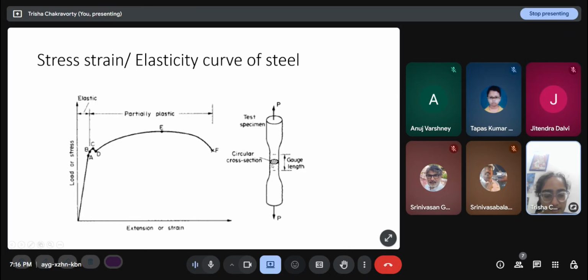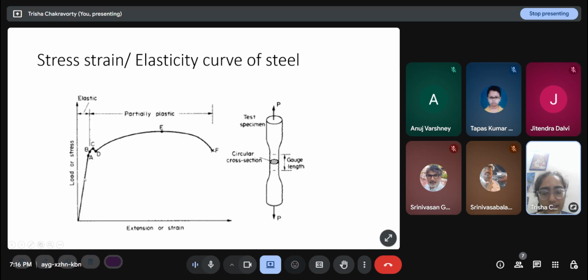There are measurement devices like strain gauges. The force which we are applying, we divide it by the cross sectional area to get the stress, and we plot all the points. Initially the stress will be zero, the strain is also zero. Then as we increase the stress, strain also increases, so it follows a curve something like this. Not all grades of steel have identical behavior. In fact, this is hot rolled steel. Cold rolled steel has a different kind of behavior, but this is a general trend.